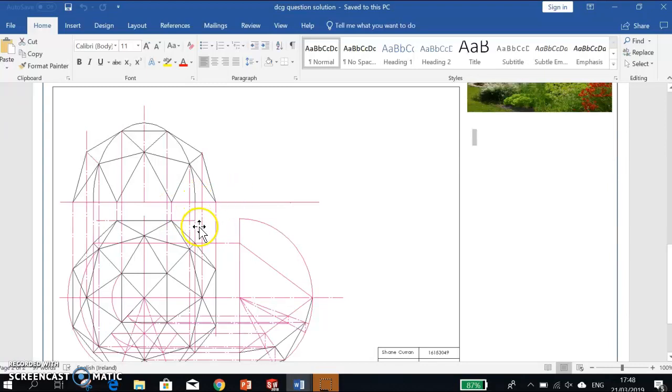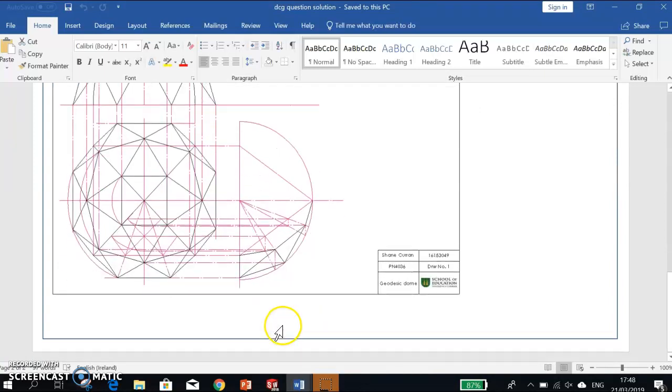whereas in comparison to the icosahedral method, there are some points that are not touching the surface of the ground. And other than